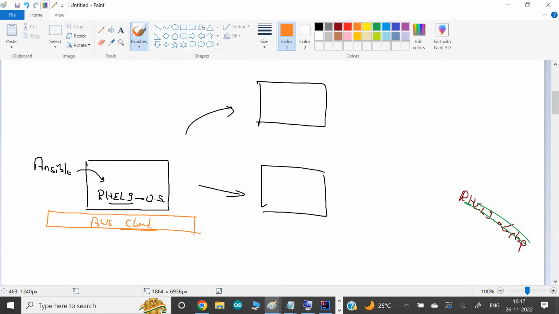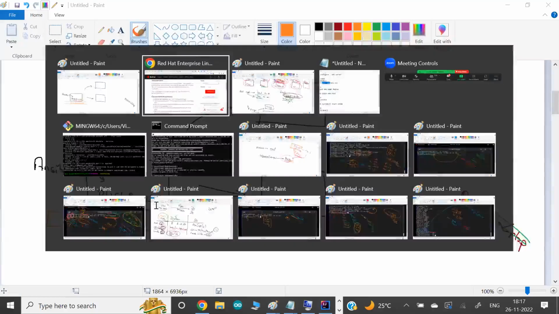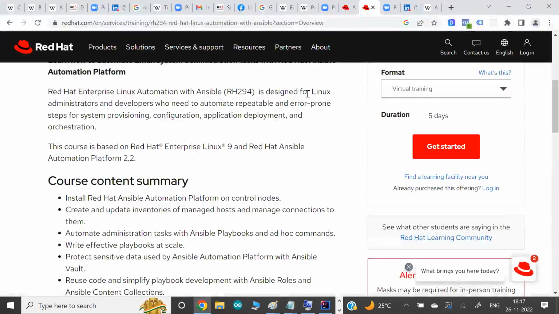Okay, I don't want to invest the time on how to create the account and how to launch the computer on top of the cloud. I'm doing it very quickly, but even if you don't know, I told you already, we will provide you an extra video, go through the video and learn how to create the account and how to install the OS there. Okay, so let's go to our AWS cloud.